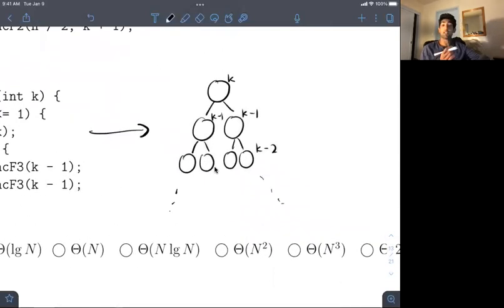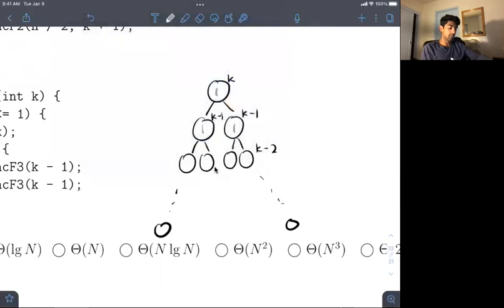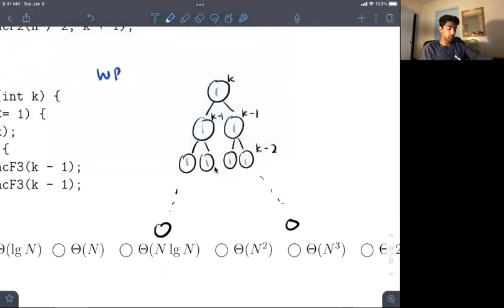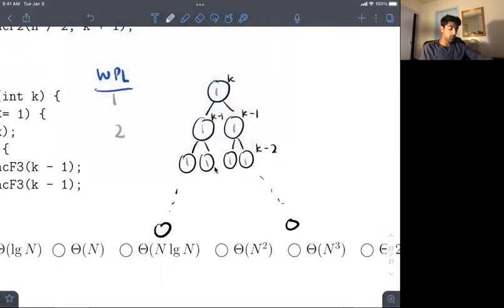is that every level doubles the number of nodes that it has, right? So if we're considering the work per level, we can see that each one of these nodes does a constant amount of work. So if we're trying to find the work per level here, this is work per level. Then if we're looking at this starting row, it's 1 plus 2, right? Plus 4,